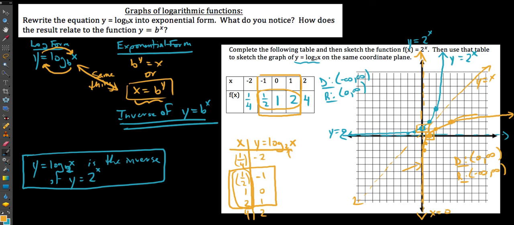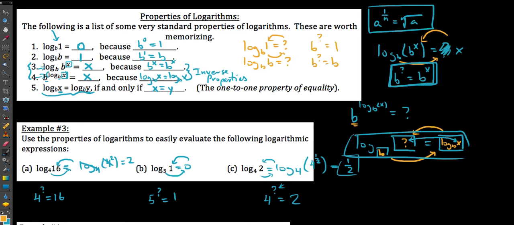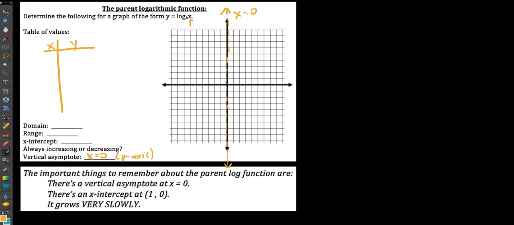I also think it's easy to take the log of 1, and this is all just very true because of our properties of logarithms that we looked at. The log of 1 is 0. So when we look at this graph right here, what I want you to always know is that